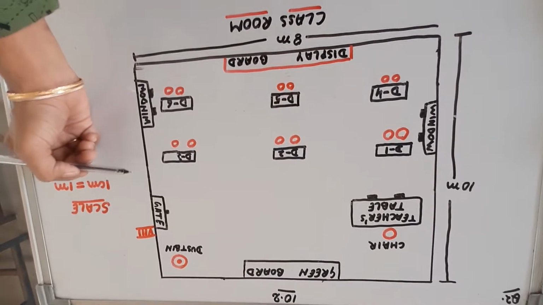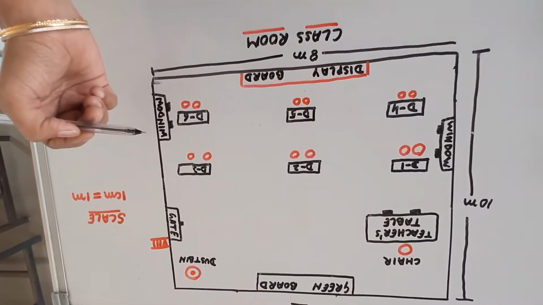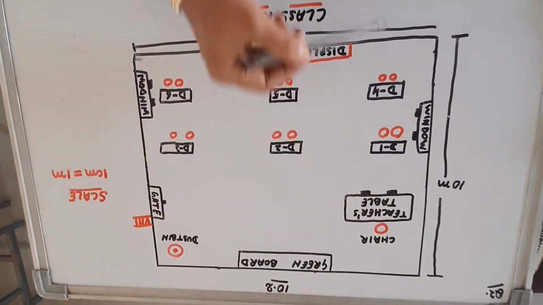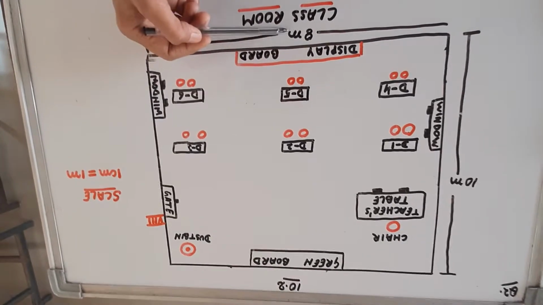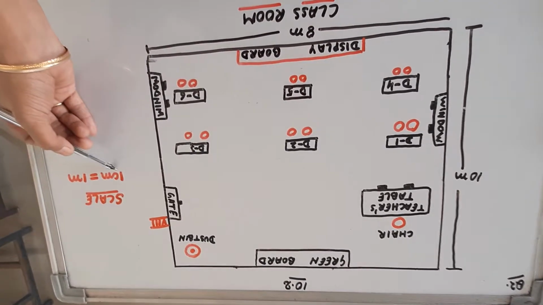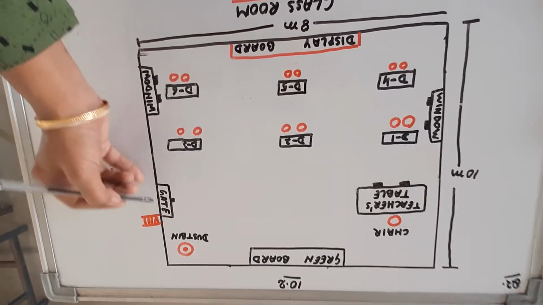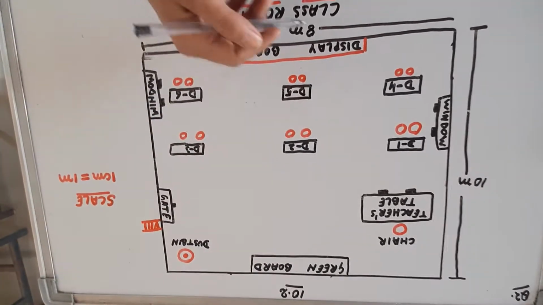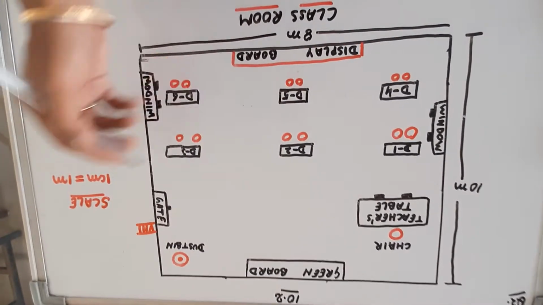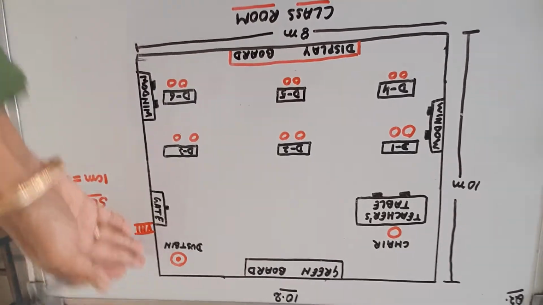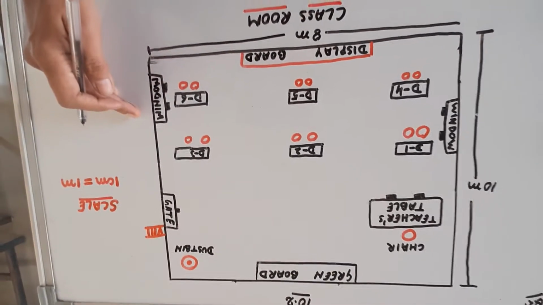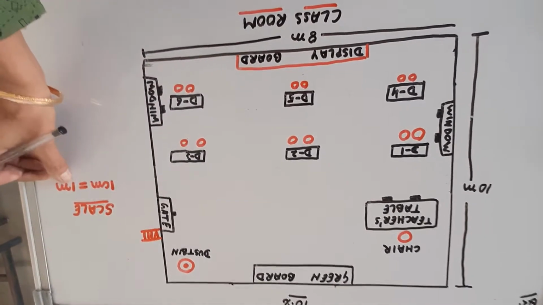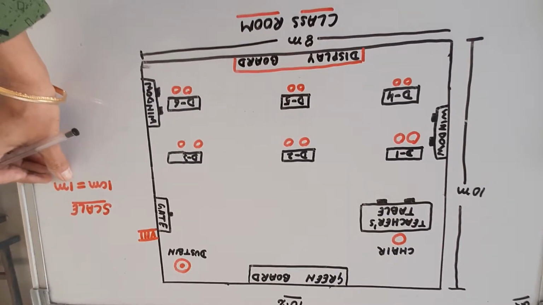So dear students, what are the symbols I have used now? Let us discuss the symbols. First of all, the length of your room is 10 meter and the breadth is 8 meter. The scale which I have used is 1 centimeter is equal to 1 meter. Means we can't represent a meter on the board or in a notebook because a meter is bigger than a centimeter. So we are using centimeters, because we are using our simple scale which we keep in our geometry box. So that is in centimeters, but we are representing 1 centimeter by 1 meter, right?